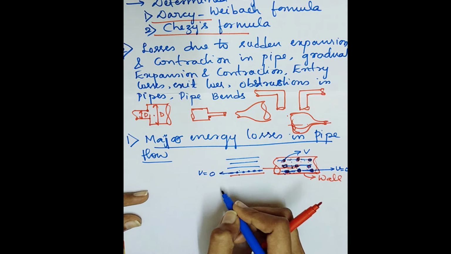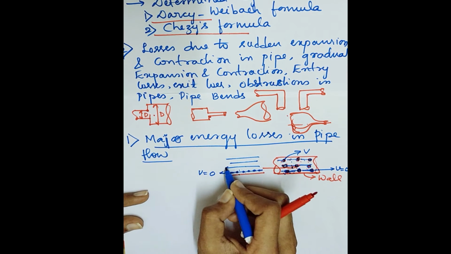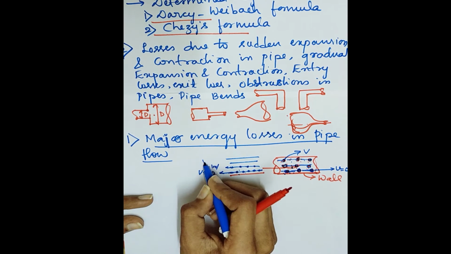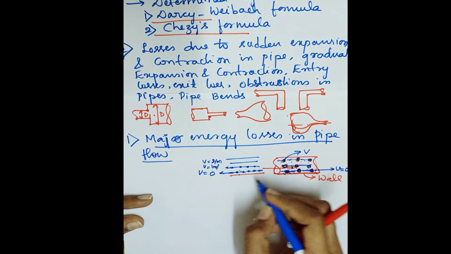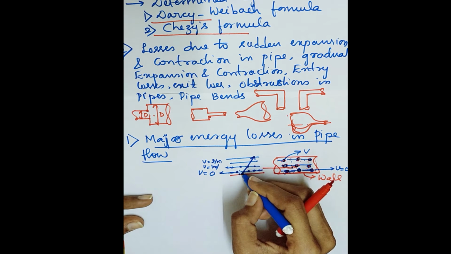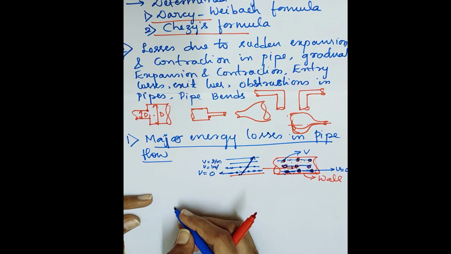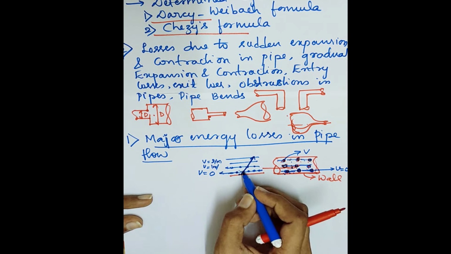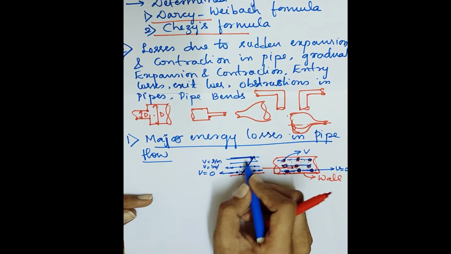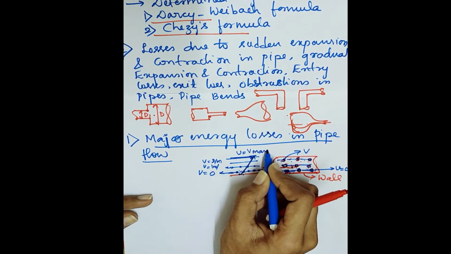And this velocity will go on increasing from this wall. Here it will be 0, and in the second layer the velocity will be 1 meter per second, and later 2 meters per second. Like this, from the wall the velocity goes on increasing, from 0 to maximum velocity. At the top of the fluid flow, the velocity will be maximum.